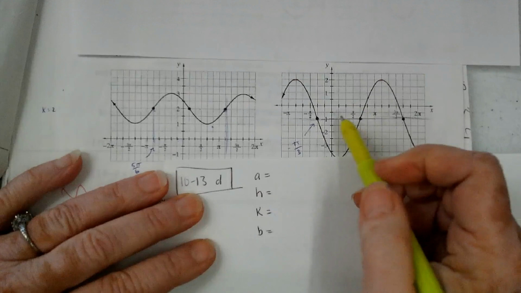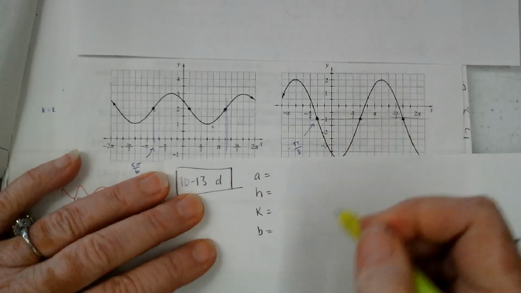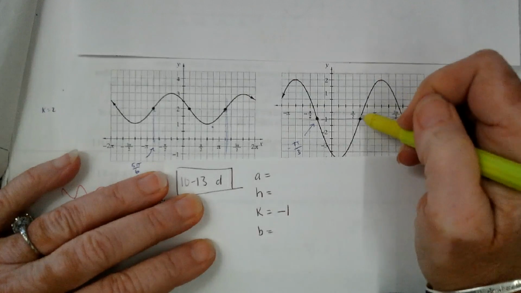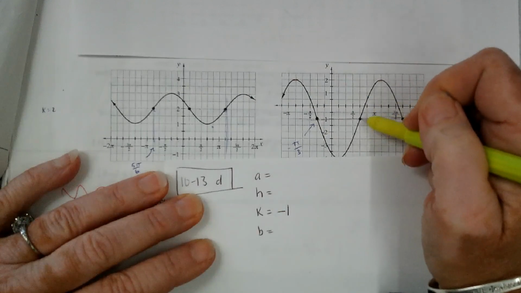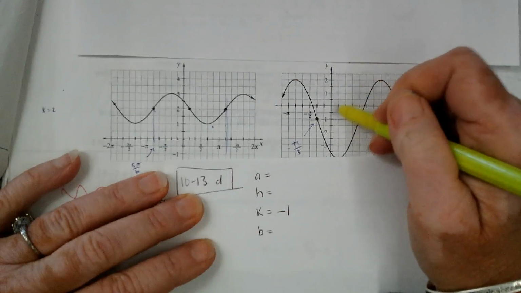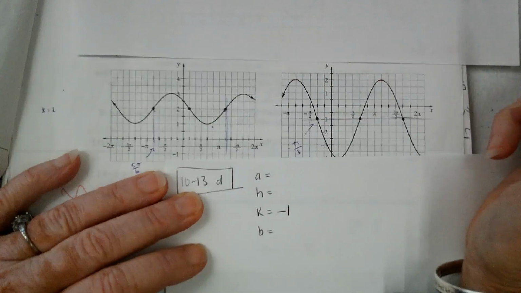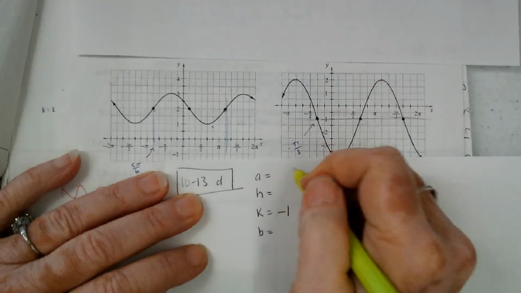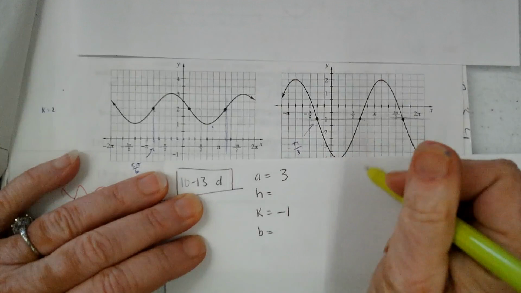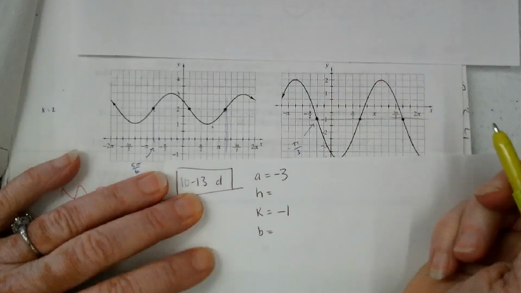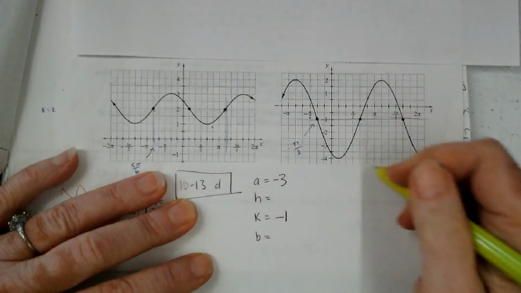I think I can figure out K pretty easily. That would be -1, so that's the midline. And then I can look at that and see how far up and down I'm going. If I go from -1 up to 2, that gives me 3 for my amplitude. I don't always have to use a positive; I'm going to probably use a negative sine function because